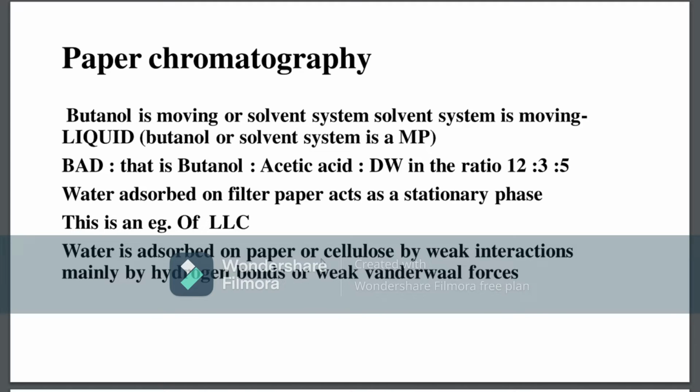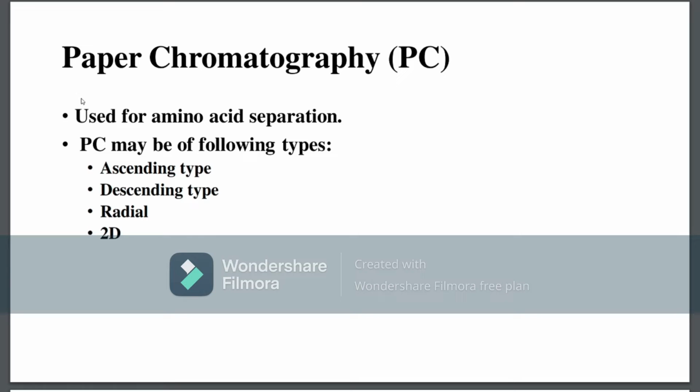Water is adsorbed on the paper or cellulose by weak interaction. So you should know this also, how it is adsorbed. So water is adsorbed on the paper or cellulose by weak interactions, mainly by the hydrogen bonds or weak van der Waals forces. Now coming to the types of paper chromatography, as I told you, this is used for the